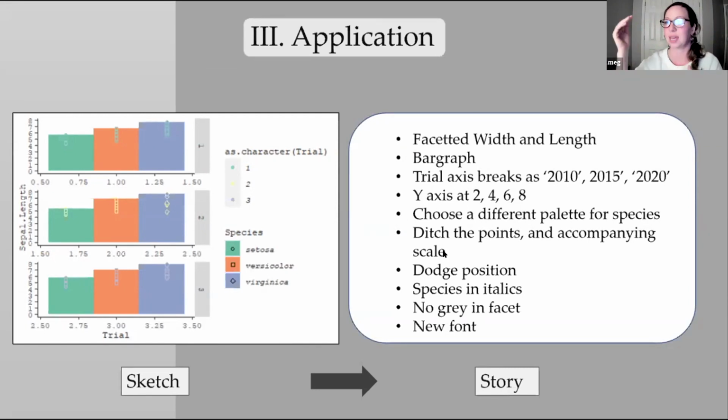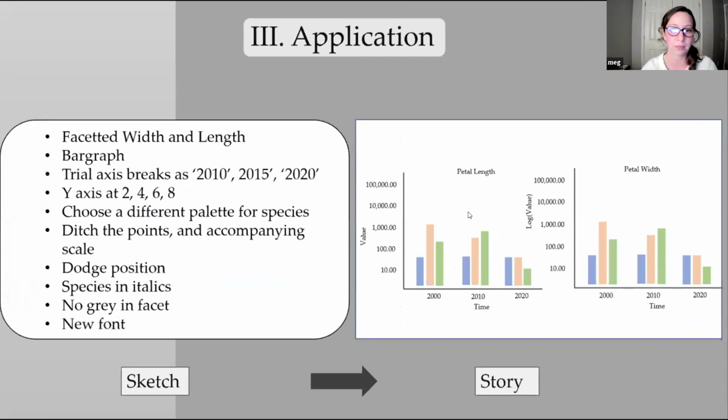I want different scales on my axis. I want to ditch the points that we put in there. I don't like that. I want the species names in italics. I want no gray in the facet boxes. And I want to try out a new font. I don't like the font that you used because I want the plot to look like this, right? So in your code that you have,